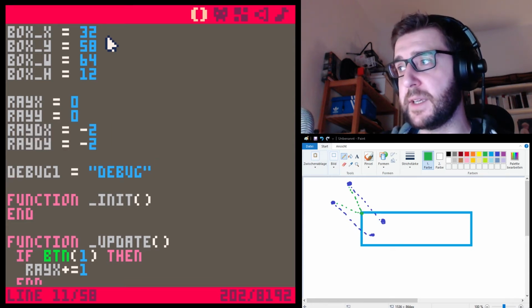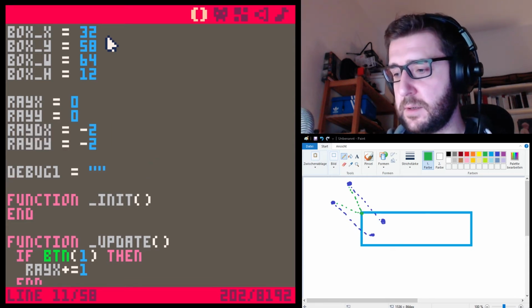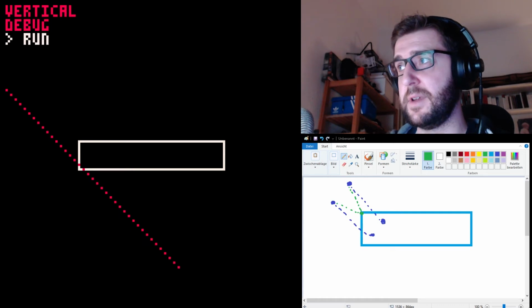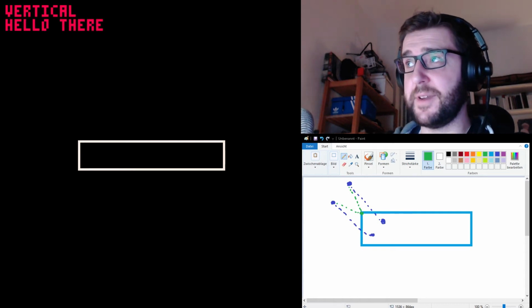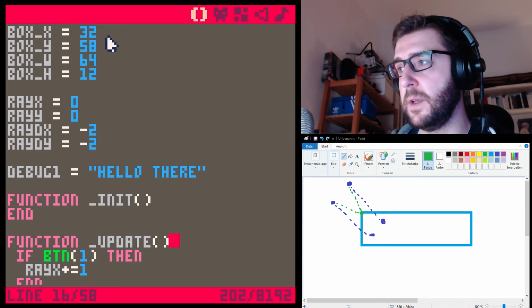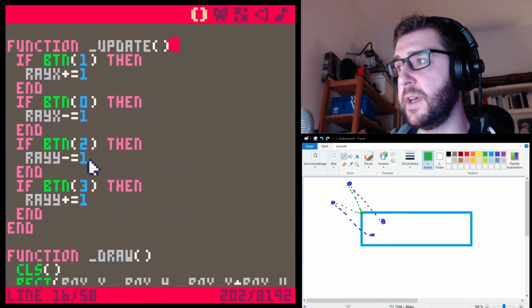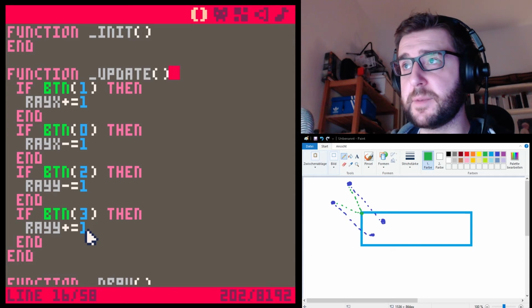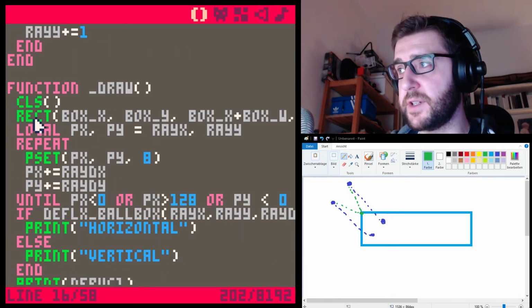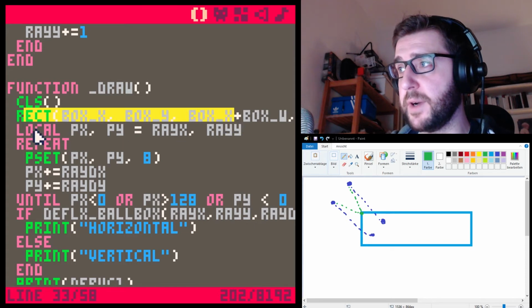And then debug is basically just a text up there saying hello there. There's nothing in the init function. When I update, I just move around this origin of the ray, and the draw function just draws our box,